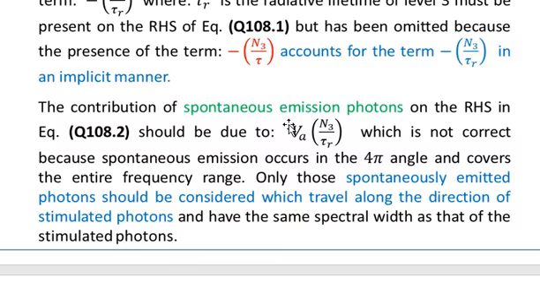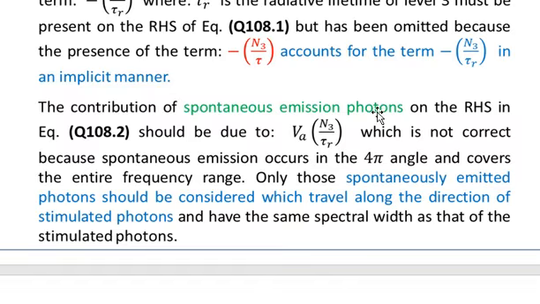So if we include this term, it means that we are considering only those spontaneously emitted photons which travel along the direction of the stimulated photons and have the same spectral width as that of the stimulated photons. So the inclusion of this term is not appropriate, because we shall see that when the